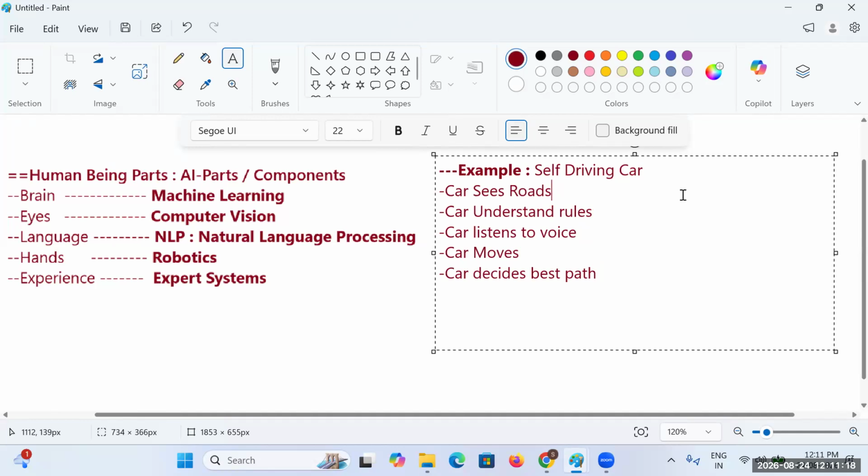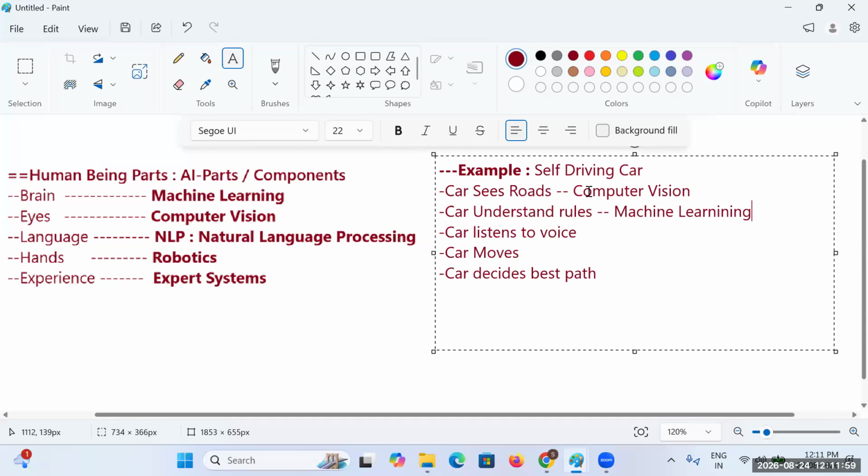For the first one, the car seeing the road, it will be taking computer vision. Then it will be taking machine learning.